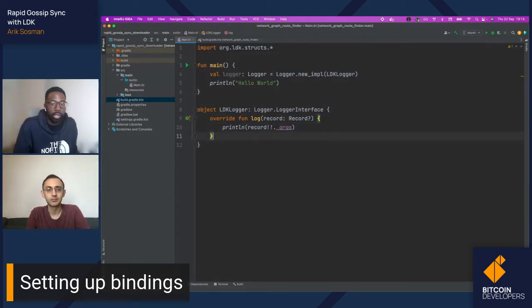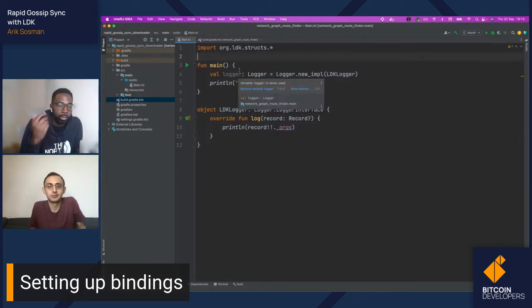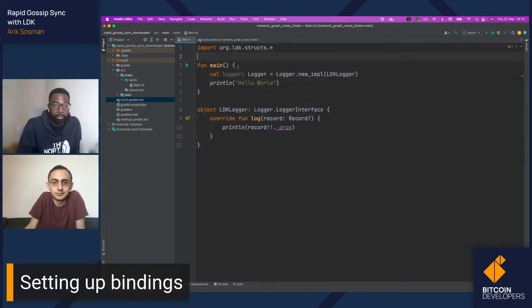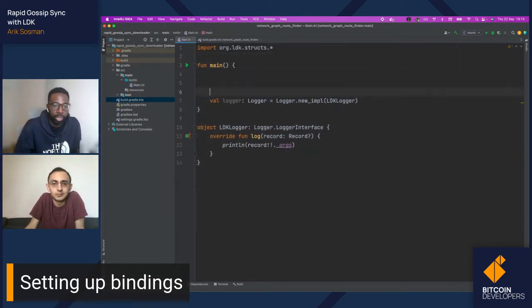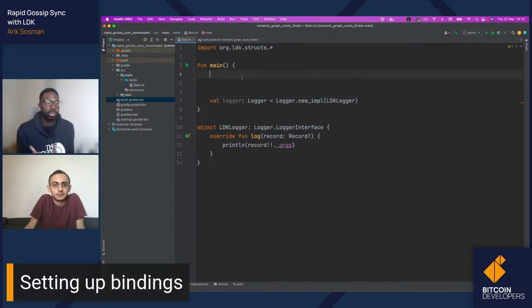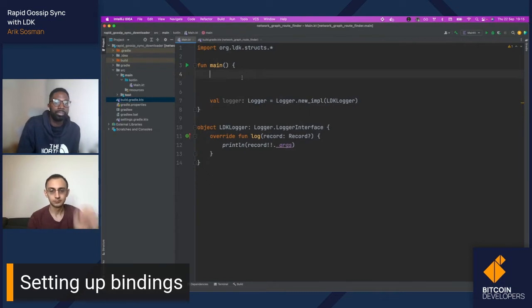Okay, cool. So that was just to demonstrate we've successfully imported LDK anyway. We'll remove this print line and we'll just create a few spaces because we might use that logger later. Cool. We've successfully set up the bindings, or the Kotlin library, for this project. What do we do now?